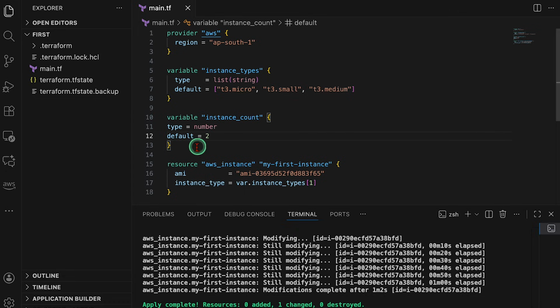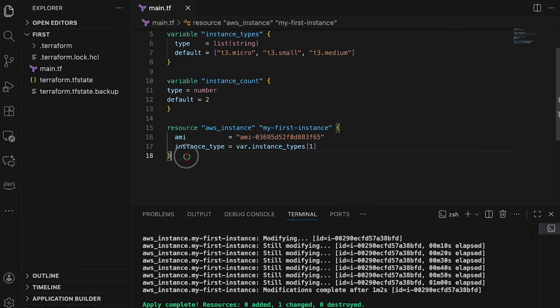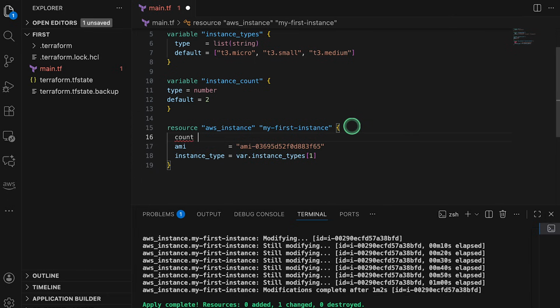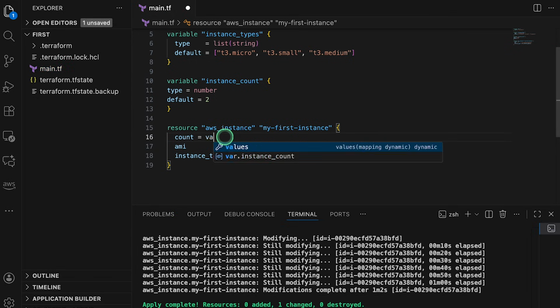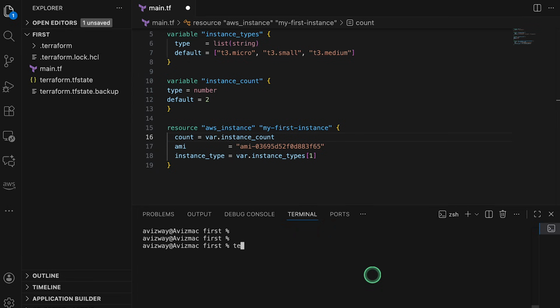So now, yeah, we have defined a variable here, but where do we want to use it? Under the resource section, how exactly earlier what we did, we hard coded count as 1. So it is going to launch one instance with the settings, right? But now instead of hard coding it, we have to give it in a similar way, var.instance_count, so that it is going to,